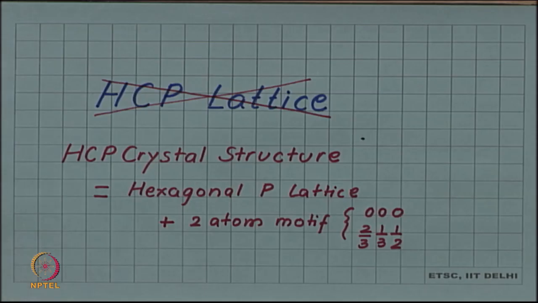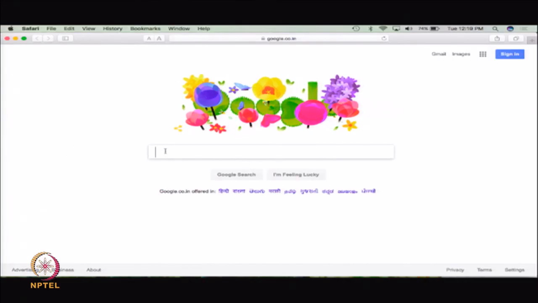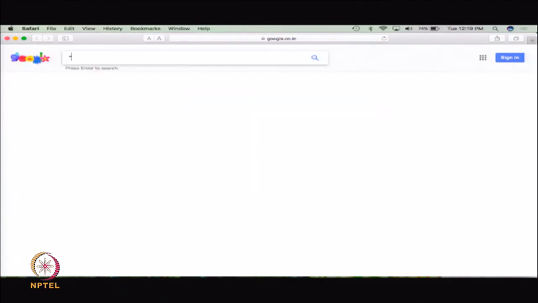So, let us try to look at what Google gives us for this phrase. Oh, so Google is celebrating Persian New Year. So, happy Nowruz to all of you, and let us now do an exact phrase search for